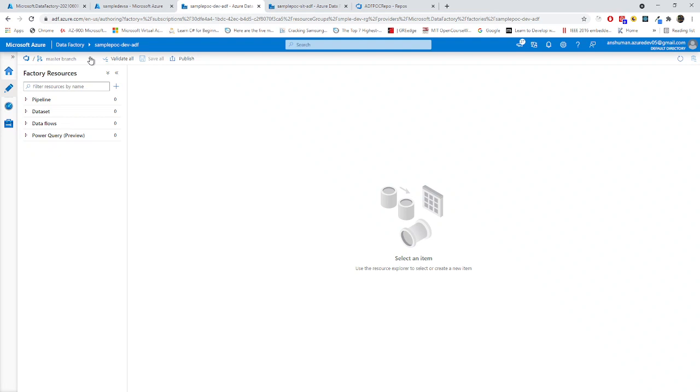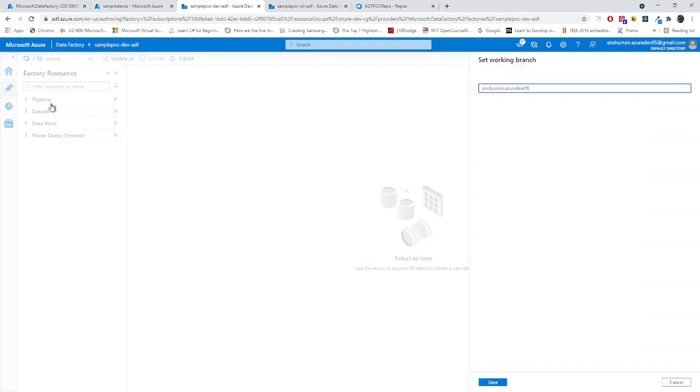What I will do is follow the Git principle right now because it has already been connected. What the Git principle says is, whenever you do some new feature, you have to create a feature branch. So I will create a new branch over here, right? Now I can put a naming convention. Let's call it copy data. It's a feature, so I can make it feature hyphen copy data.